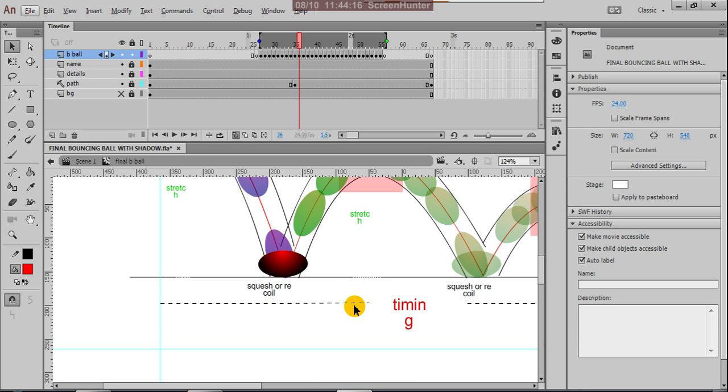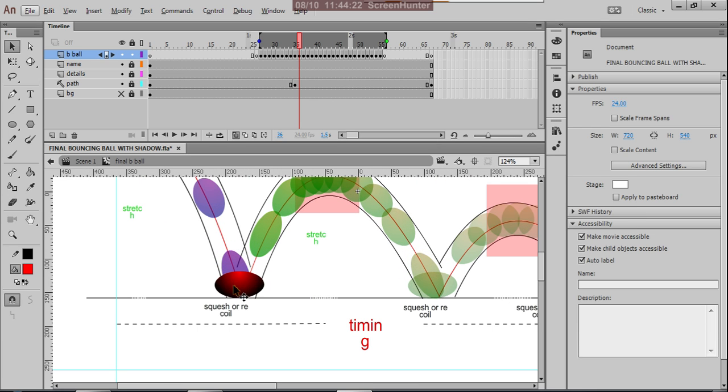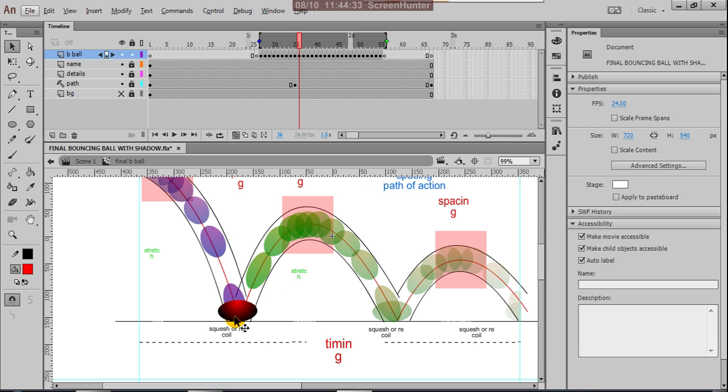The squashness, with the force, it is touching the ground, and the shape is flattened, squash or recoil. After recoiling, it is bouncing into air, so it is getting into a stretched ball shape. That stretched ball shape slowly gets into egg shape.